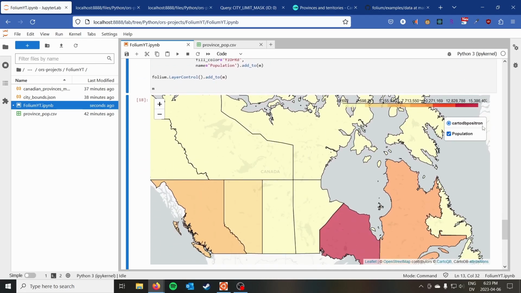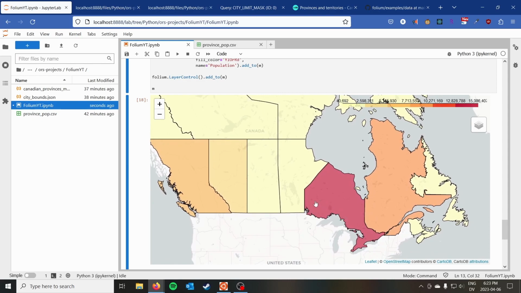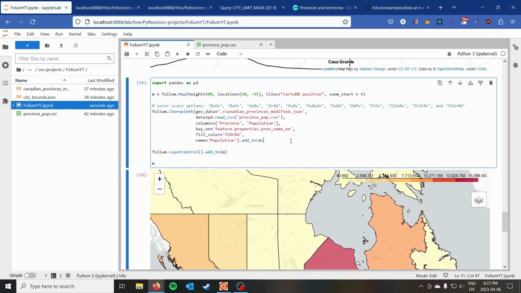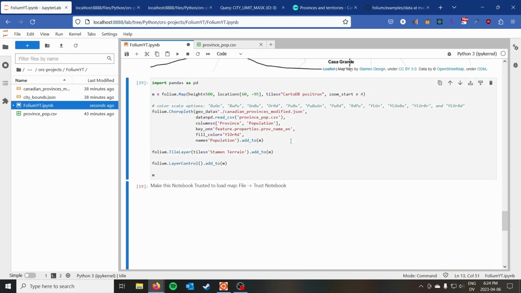And then the last thing you can do is kind of like Google Maps or something. You might want the ability to actually have multiple of these styles. So maybe you want a style that's a little bit more realistic and then a style that is not, and you want the user to be able to toggle between them. So we can go ahead and do that as well. All we have to do to add a second layer of these tiles is do folium.TileLayer, and then we do tiles equals, and then the tiles that we want. So I'm going to do Stamen Terrain because I want the ability to see the terrain. And I do add to M. So if we go ahead and do that,